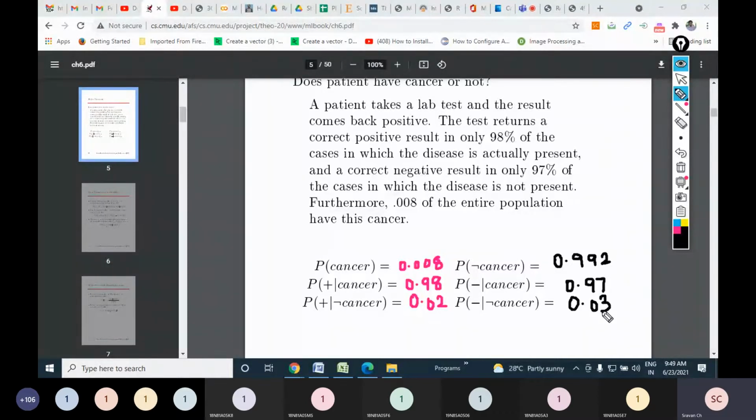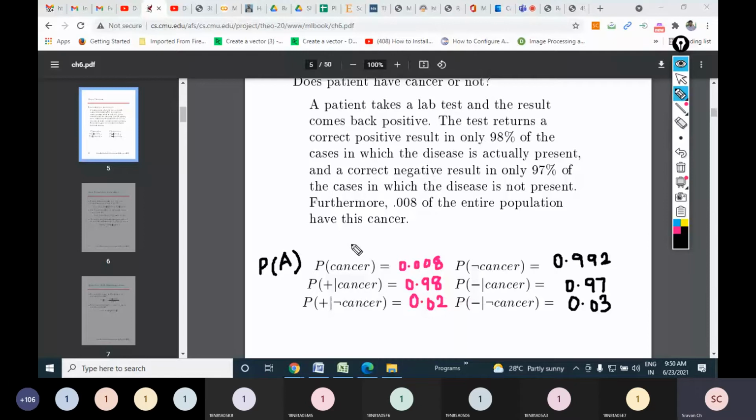These are the values you should be in a position to compute. You can solve the problem easily if you can compute these values. A similar question will come in your mid-examination. So what is this first one? I can represent it as probability of A. Let me call this A as the event. The event is having the cancer disease.